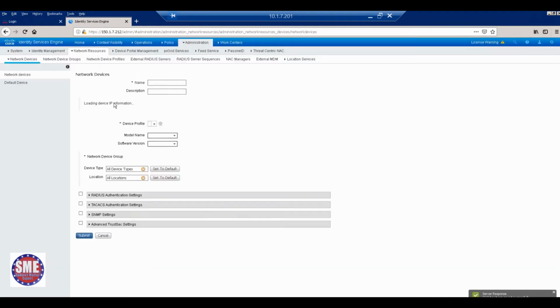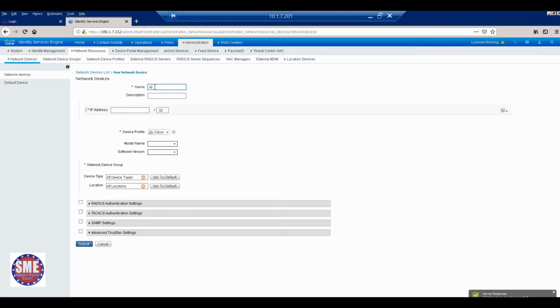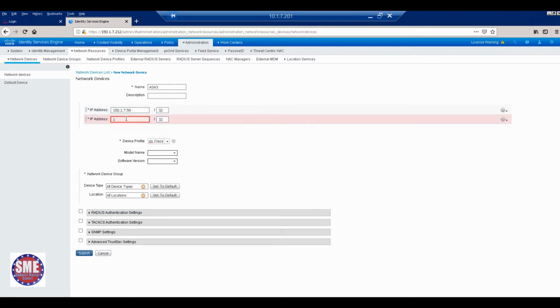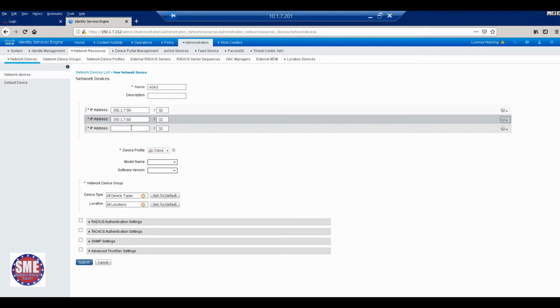ASA3. IP, 3 IPs should be added. 159, 50, 60, 61. And below.